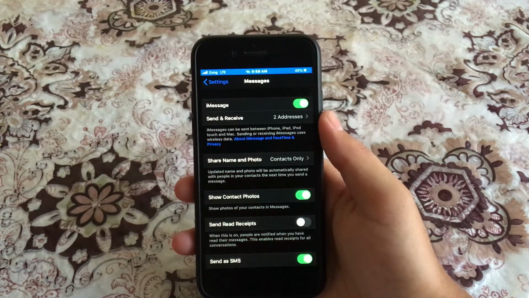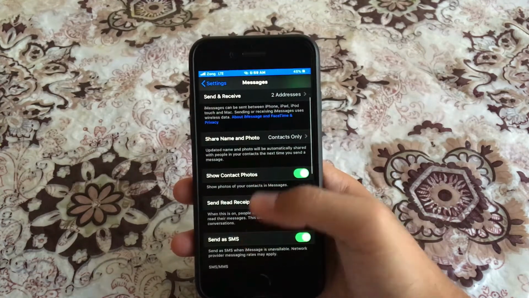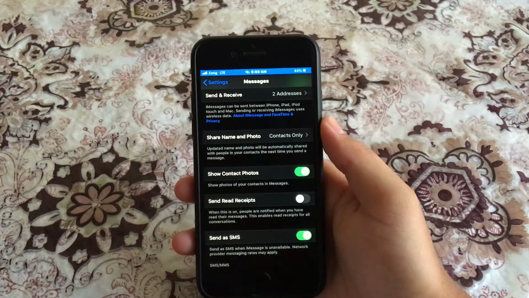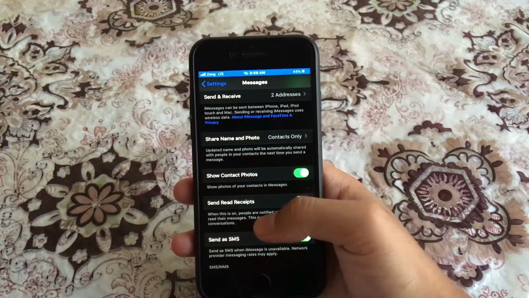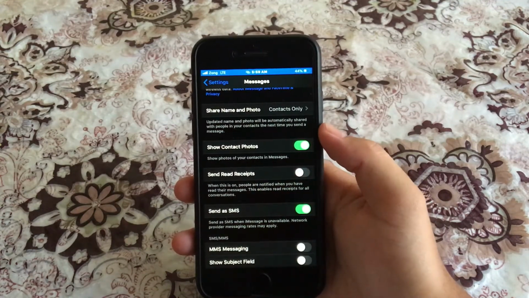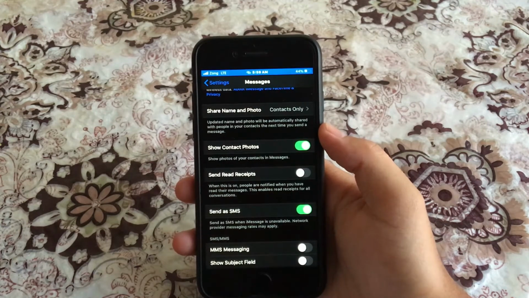if you tap on extension, here you can see that you have send as SMS, and this option here will allow you to send a message using your carrier service, right? So the standard SMS service, and this is off by default.